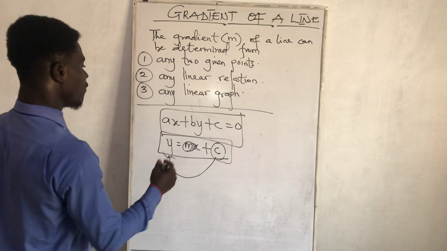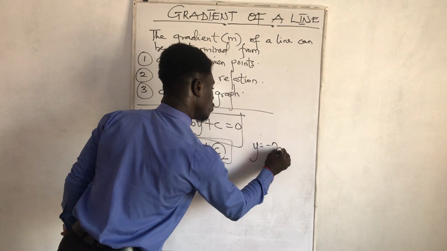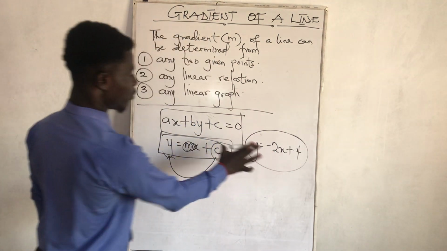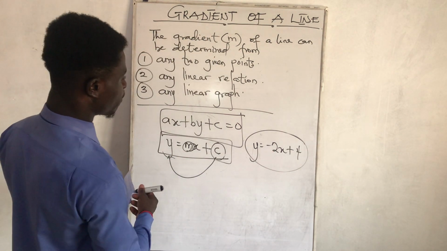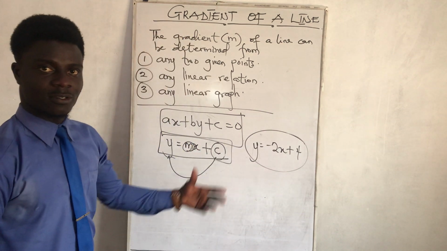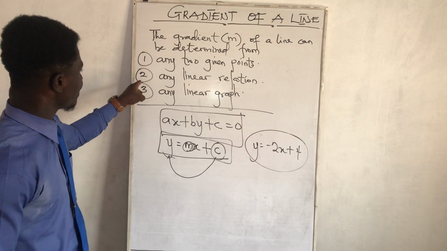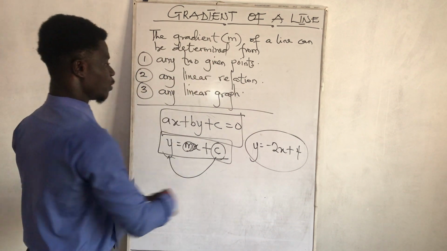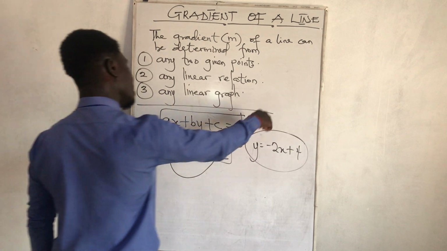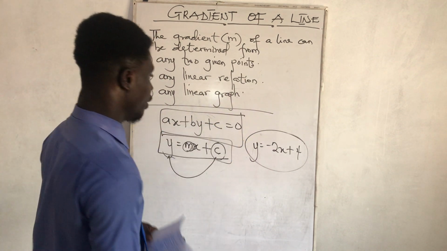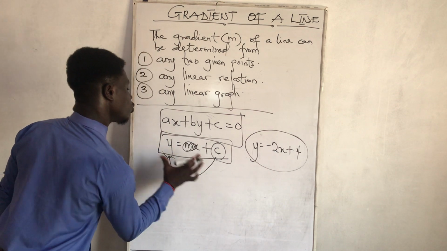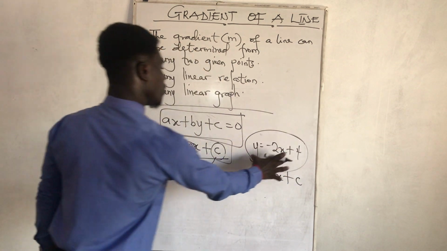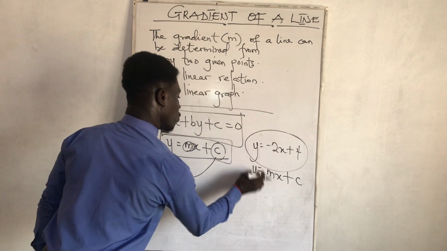So you can determine it from this c. Imagine if I have, let's say, y equals minus 2x plus 4. Let's assume that we have this line here, y equals minus 2x plus 4. How do we determine the gradient from this line? The gradient m of a line can be determined from any linear relation. So how can you determine the gradient from this linear relation? I can compare it with the slope equation, which is y equals mx plus c. So when you compare this to that, we can say that y equals